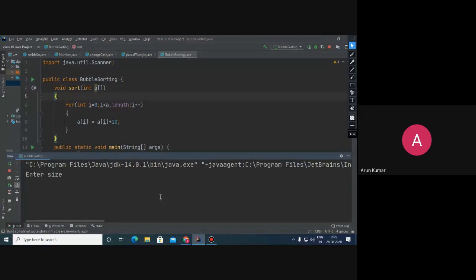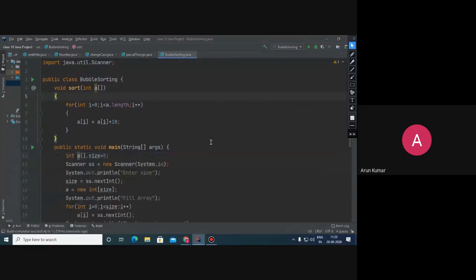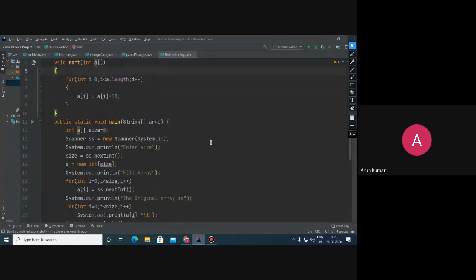Here you see that the size is 5 and the elements are 1, 2, 3, 4, 5. Initially the original array was 1, 2, 3, 4, 5. And now the resultant array is 11, 12, 13, 14, 15. It means every time we have incremented each and every element of the array by 10.